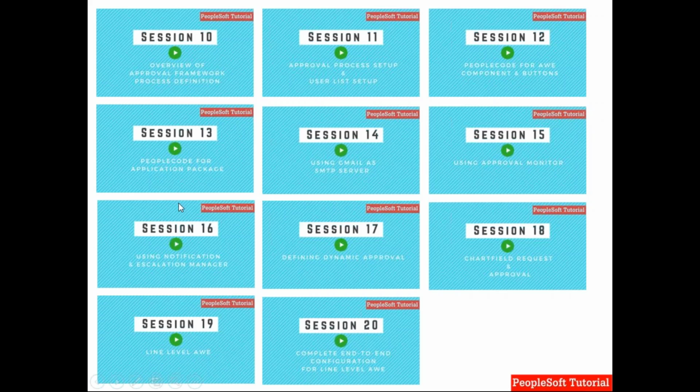When we go to session 14, you see this is PeopleCode for app packages. You will even be able to use Gmail as an SMTP server. It will show you how you can use it in case you want to test all the process on a demo environment at your home, and you do not want to use your organization's SMTP servers. You can use Gmail, and you will learn in this how to use